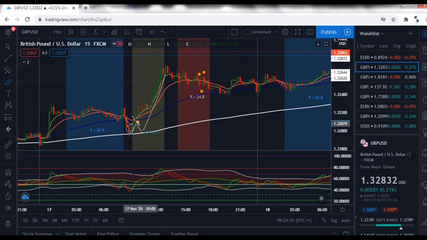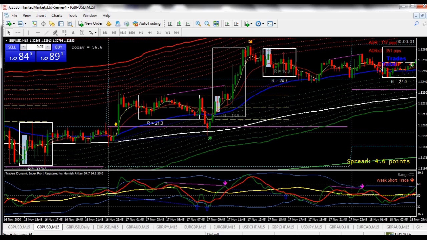By here you could see our TDI was showing a W, you understand, but here it wasn't showing. Maybe if we were to check your M5, you'd see a W, because sometimes your M15 will not really give the W, but when you go to your M5 you'll see a W here. And this was our Asian session where we normally trade. This was a trade you could have taken. Let me go back to this chart. An aggressive trader will just, since it's pinned to this major EMA 200, and we have the TDI,